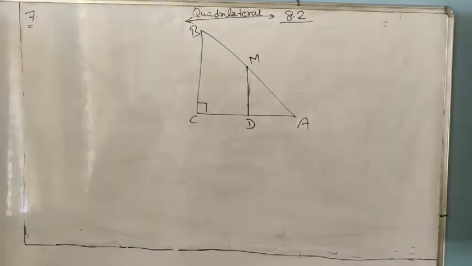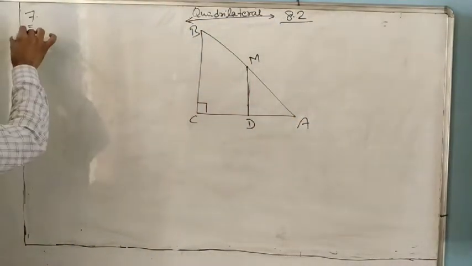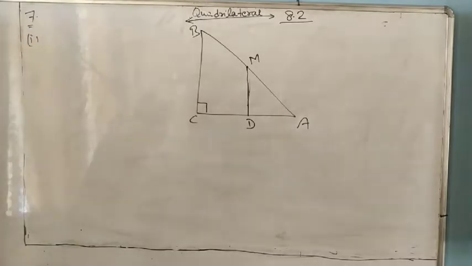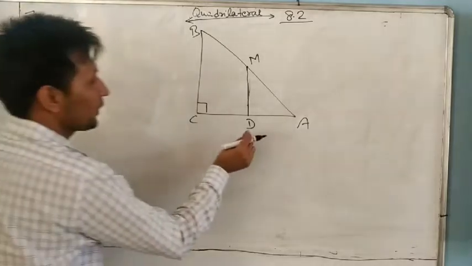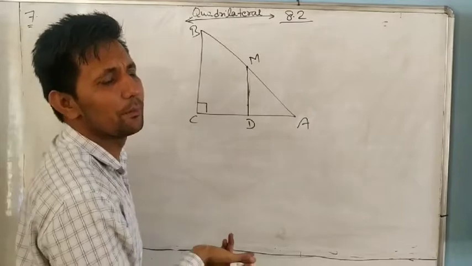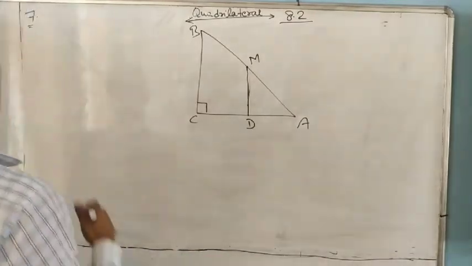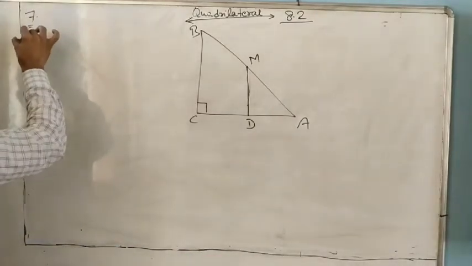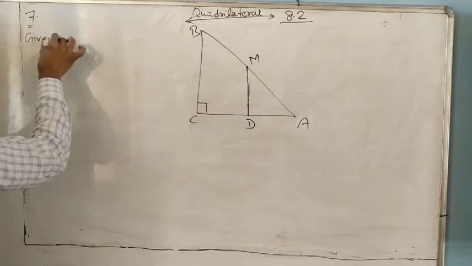So it bisects, then we show that first part: D is the midpoint of AC. So we want to prove that D is the midpoint. It is very simple, by the converse of the midpoint theorem. So first we will write the given. What is